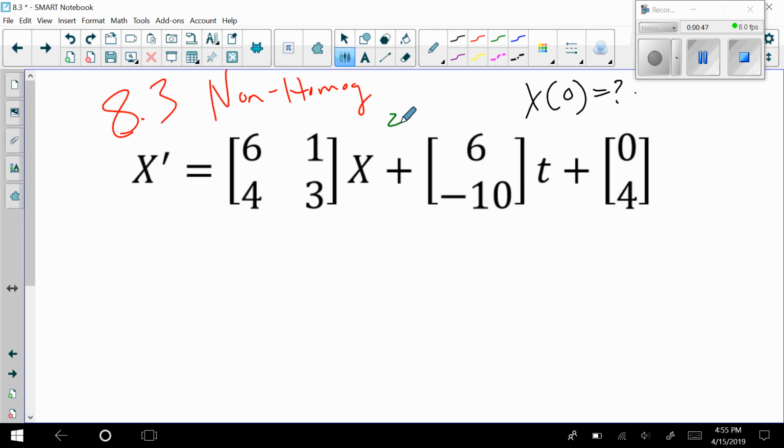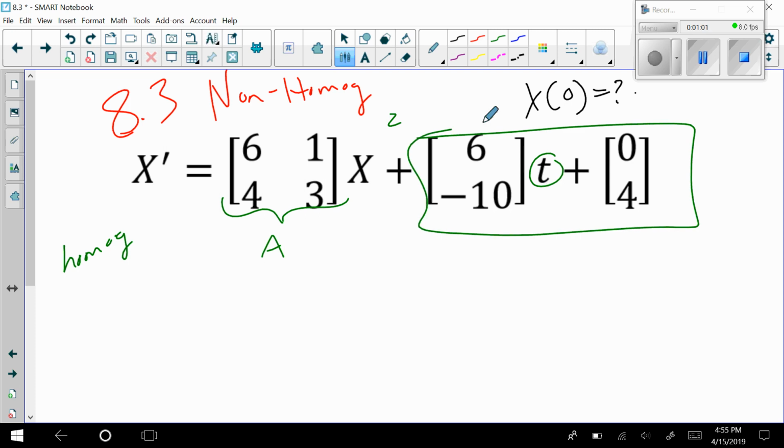Of course, what we did first in the last one was find the homogeneous solution. That's what I want to do here too. This is A, this is T, and these are constants that are sitting over here. We're just going to assume they're not even there, that those are 0 for the homogeneous version, which then means that I have the